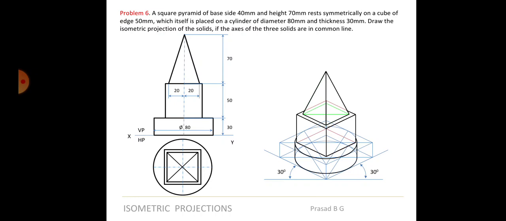Okay, if there are 2 objects, they will generally give a frustum, and if they give a frustum, that itself is like drawing 2 objects. On top of that, generally there will be a sphere or a simple object. Okay, so I think this much explanation is sufficient for drawing all the isometric problems.